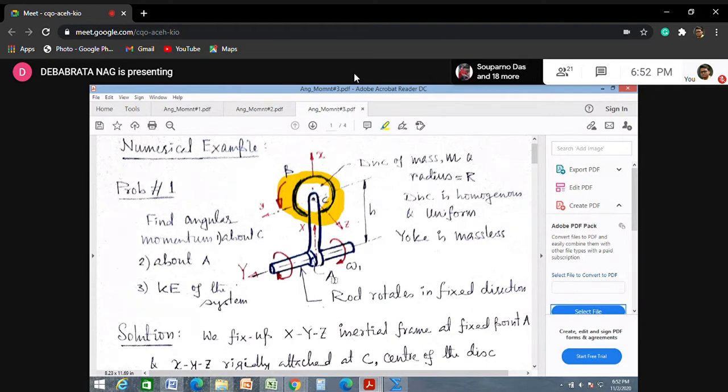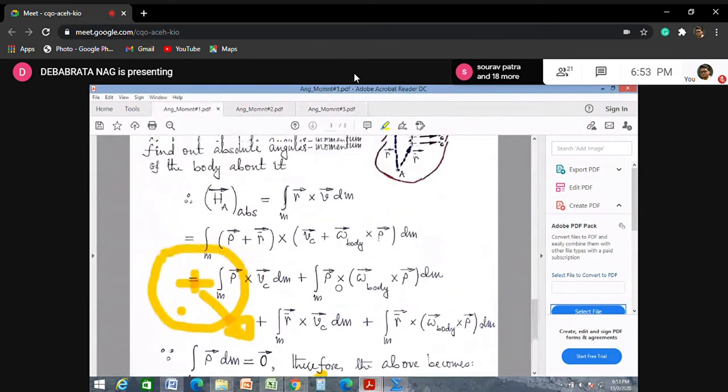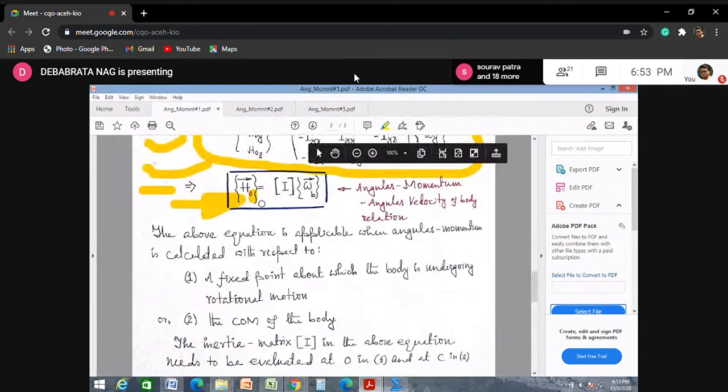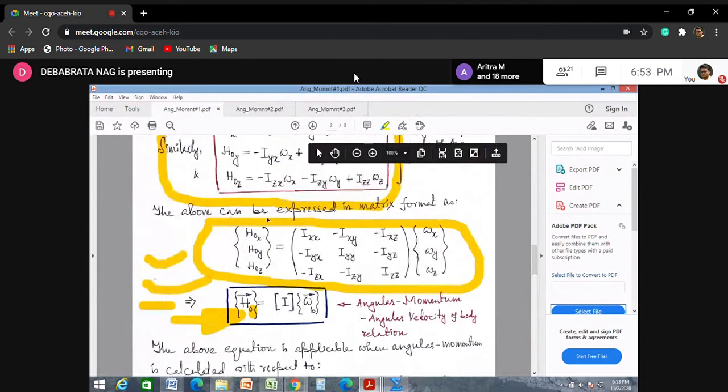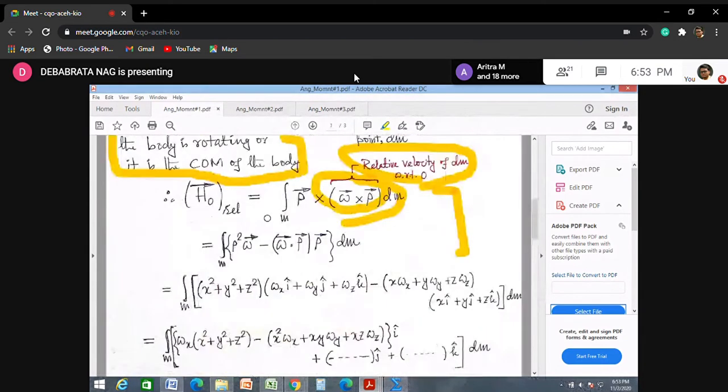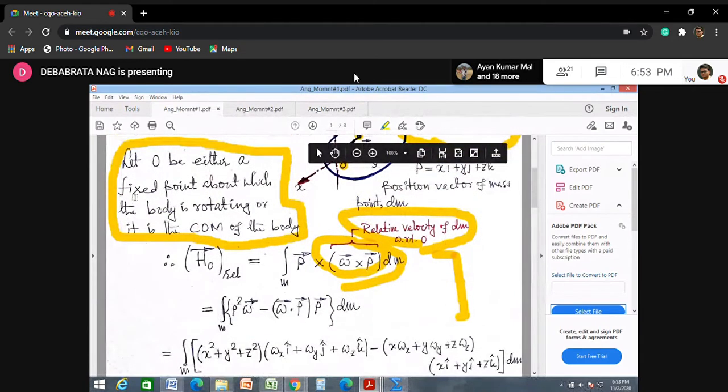So the point A, although it is a fixed point, correct? This is a fixed point because it does not have any velocity, because the shaft is fixed. Inertially, this is a fixed point. And although it is a fixed point, I cannot apply this equation. Please remember, although it is mentioned in the very beginning that it can be a fixed point, you should say the complete sentence: it is a fixed point about which the body is rotating.